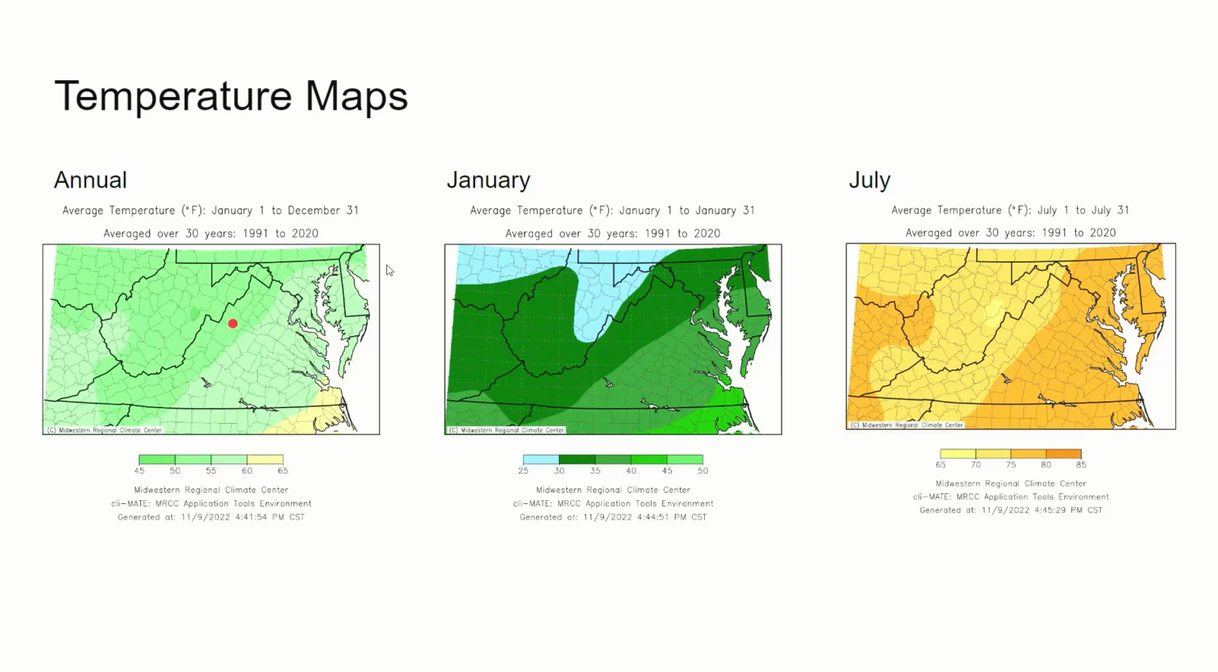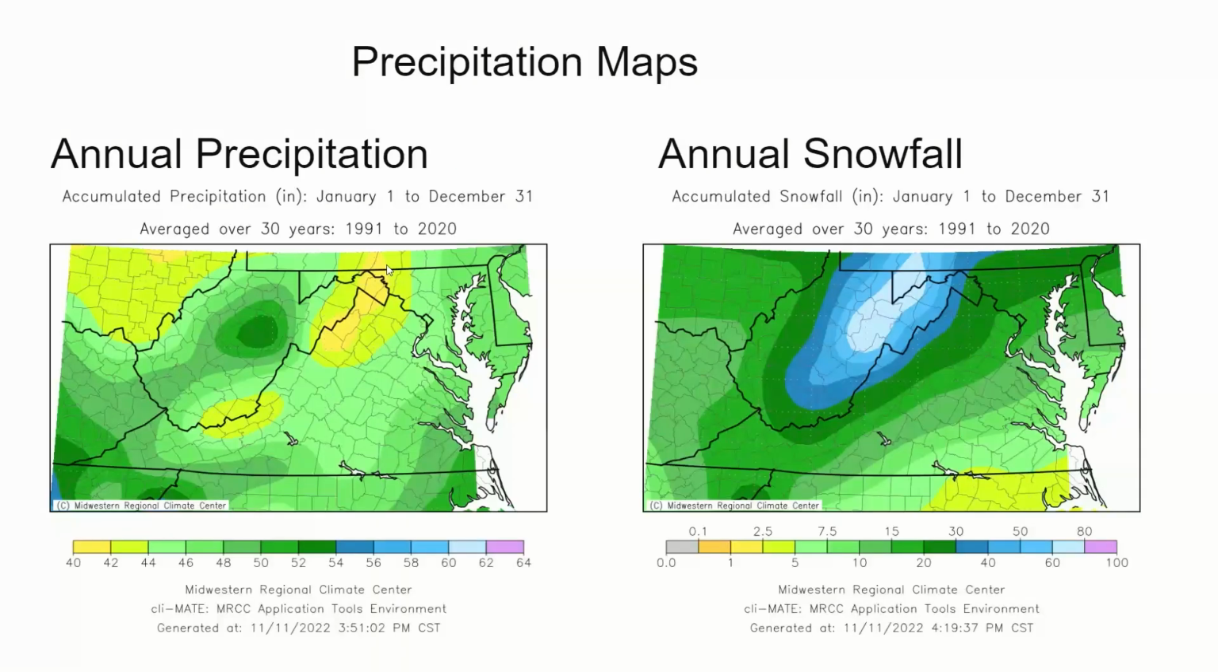Then we also have the western part of Virginia, which has mountains, and that is going to be colder because of the higher elevation. Now, if we look at the precipitation maps, the precipitation map over here resembles a temperature map, and that's